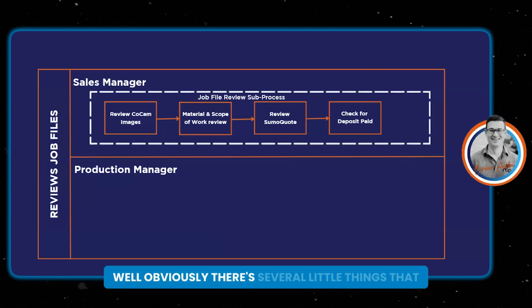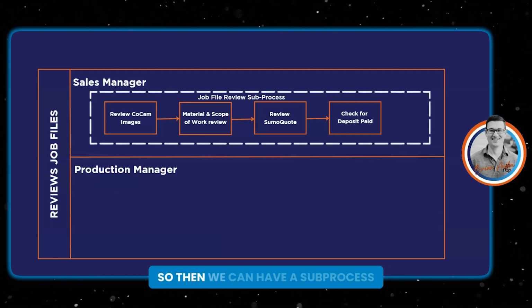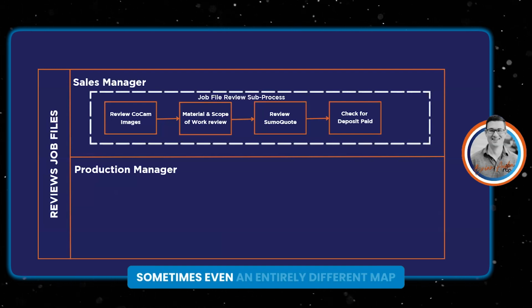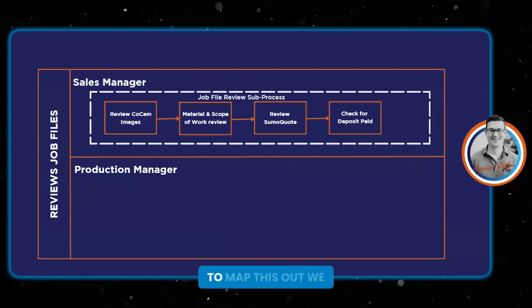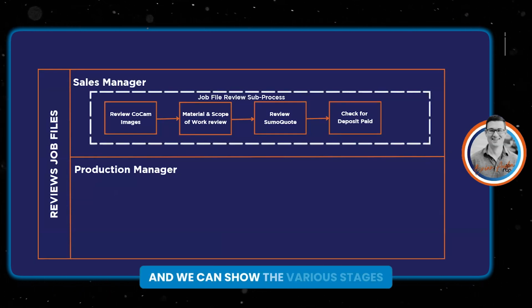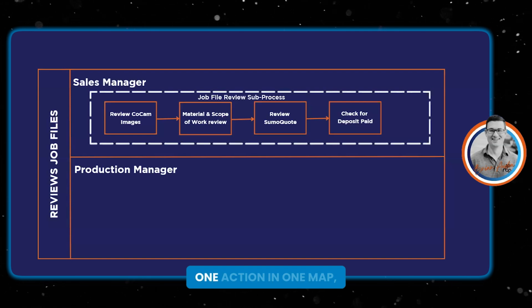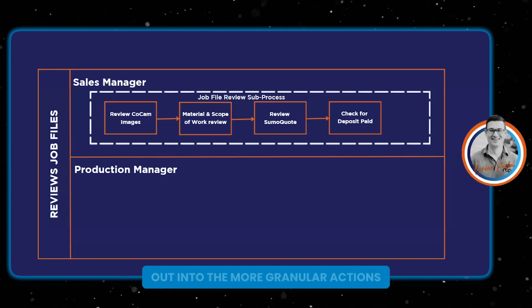Well, obviously there's several little things that could happen inside a job file review. So then we can have a sub-process, sometimes even an entirely different map to map this out. We can have this represented by a dotted line box, and we can show the various stages that happen within that one action. So we can express it as one action in one map, but then we can break that out into